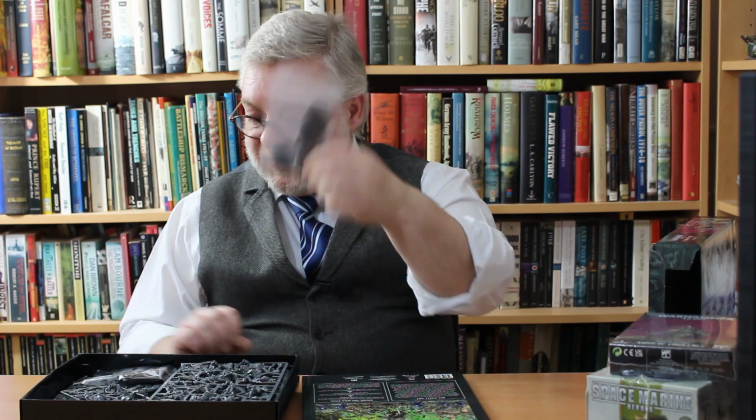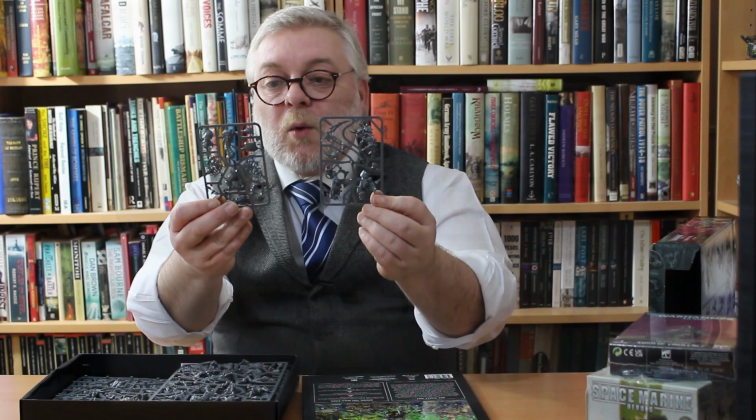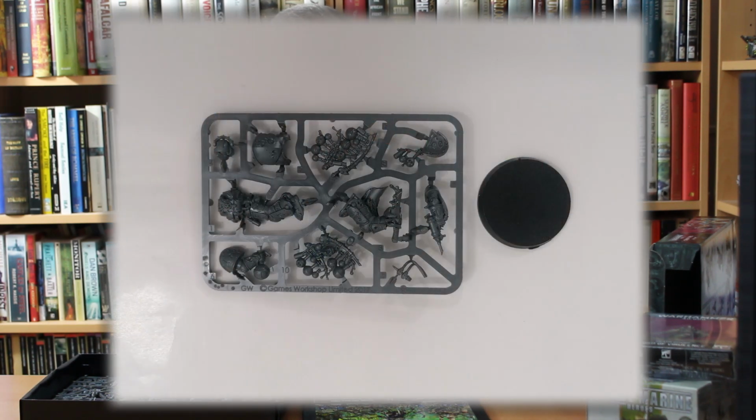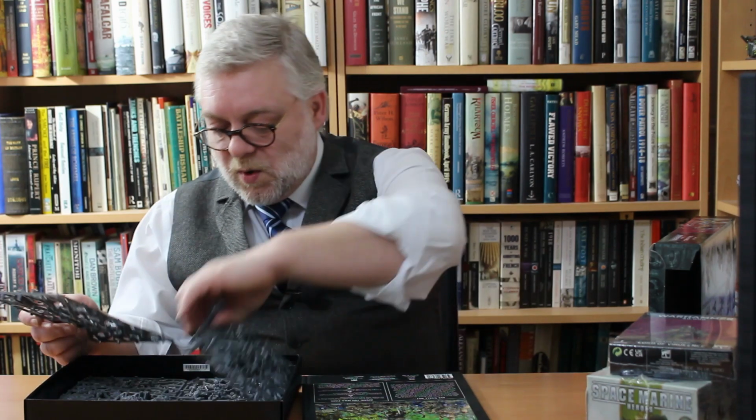We got some bases for our Marines. We got some bases for our Poxwalkers. We got a Typhus sprue. We got our Biologist Putrifier sprue. Spew is probably appropriate being Deathguard. We have got 3